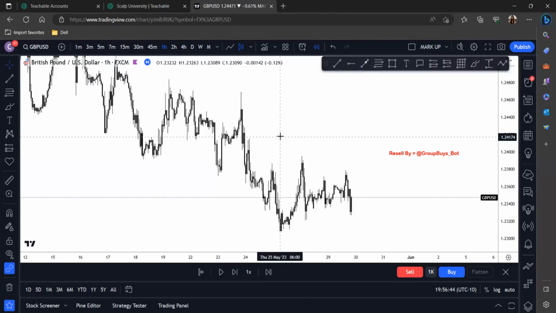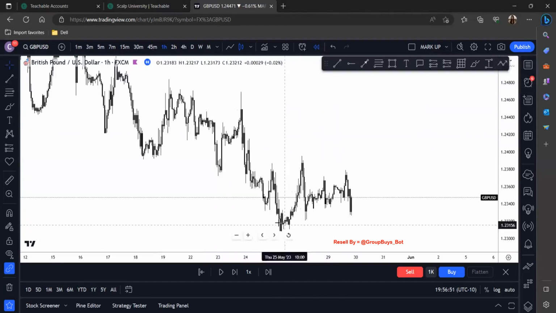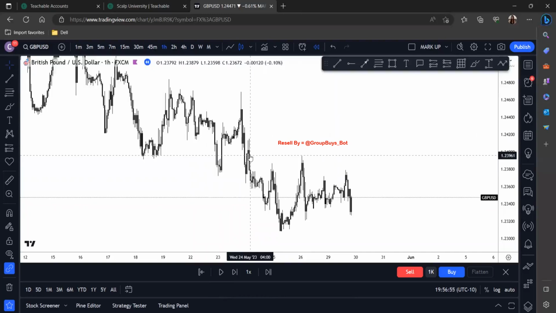So of course, this is definitely going to be hindsight. Obviously, we're using TradingView. We're on this replay mode. It is going to be hindsight, but test it in the live market over and over again, and you'll be able to see basically all the patterns and things like that.